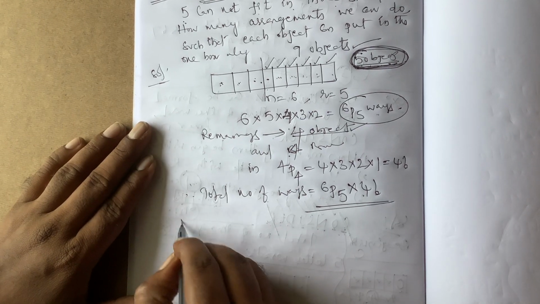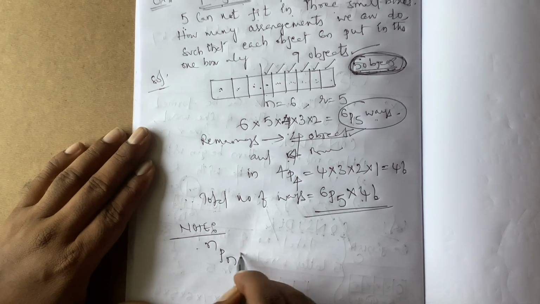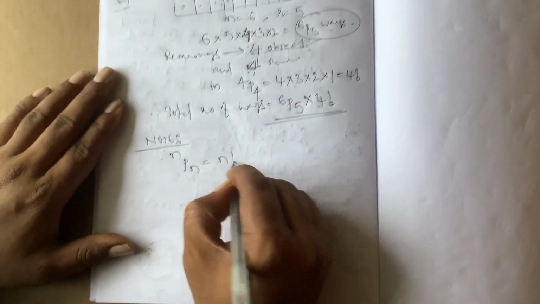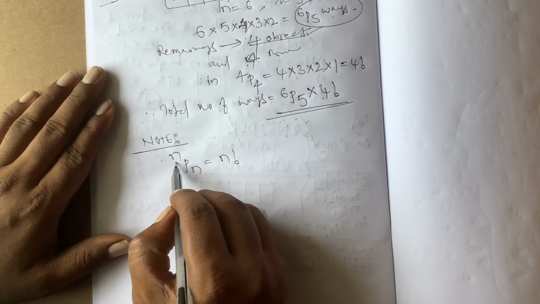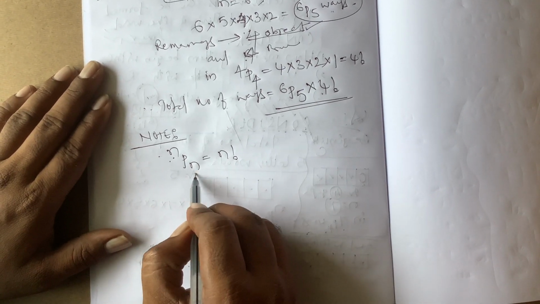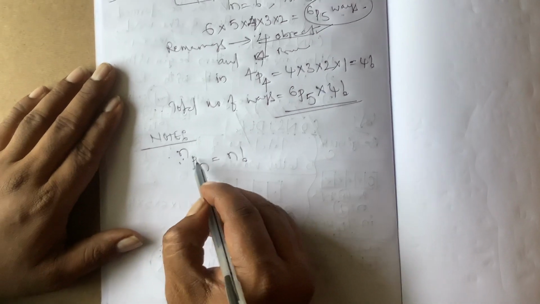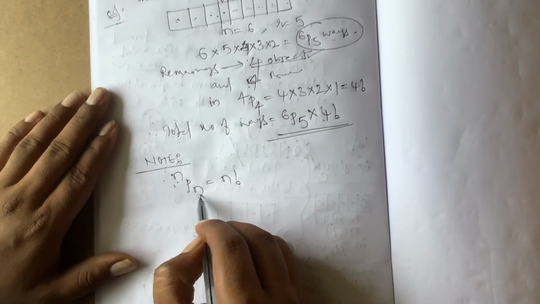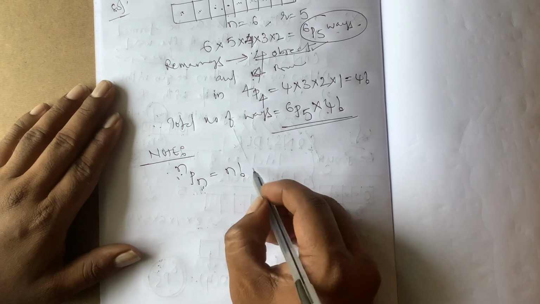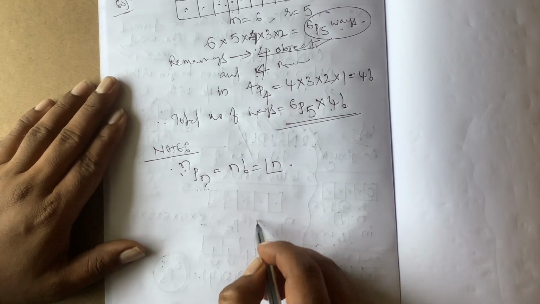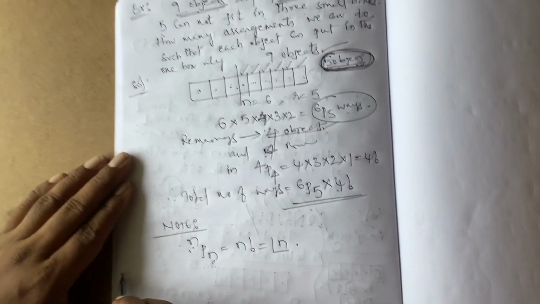So here, one more point. nPn, what is this nPn value? n factorial. What does this mean? nPn means out of n things you have to arrange all these n things. The total number of permutations formed by n things from the given n total things is given by nPn, and nPn is equal to n factorial. I hope that this bit is clear to you.